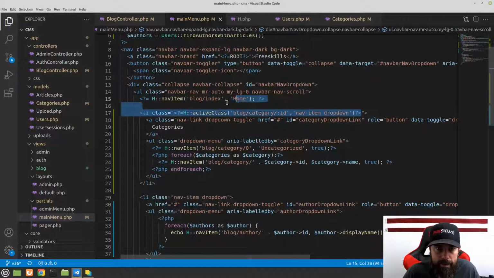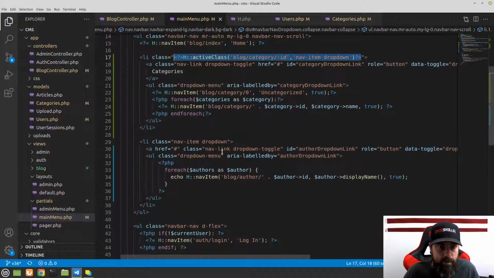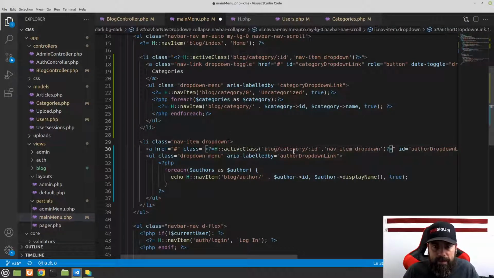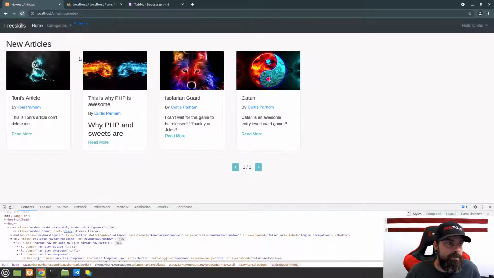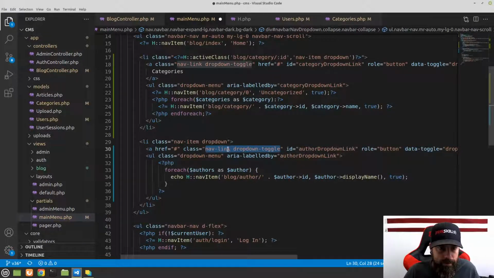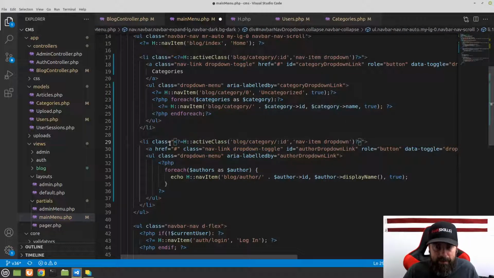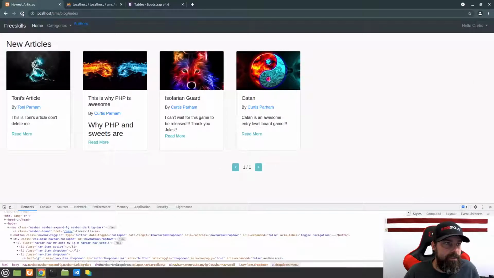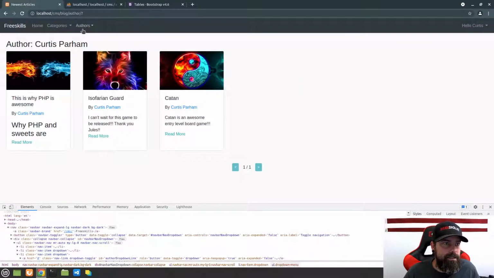And then I'm going to copy all of this, and we'll go down here to our authors one, and I'm going to paste that, and instead of category this will be author. We'll save that, and now what should happen is I broke it. I put that on the wrong thing here. So let me back up. It should go right here on the link item here. You guys probably saw that. Let me save that, refresh, and now if we click this,